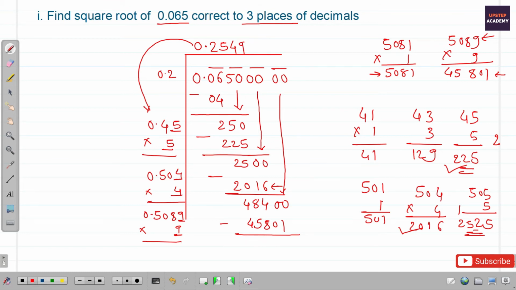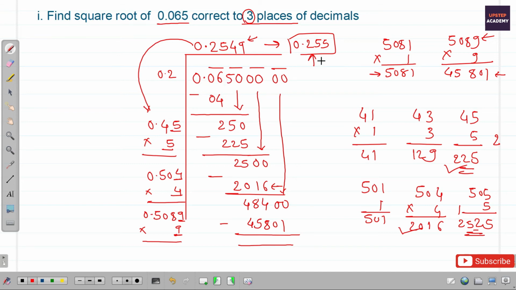And you know that we don't have to do subtraction over here because we got the required number here. And you can see we want only 3 places of decimal after this point, so after rounding off we will get 255, because if the fourth number is greater than or equal to 5, we add 1 to the previous number and we get the answer as 0.255. So simply we can say 0.255 is the square root of the given number 0.065, correct up to 3 places